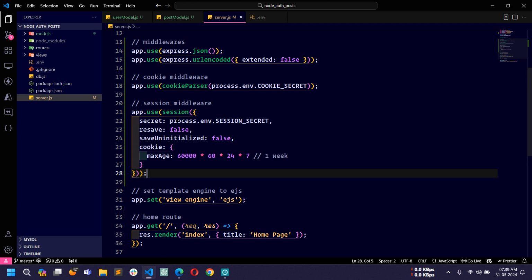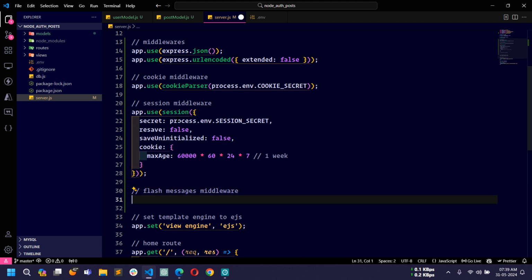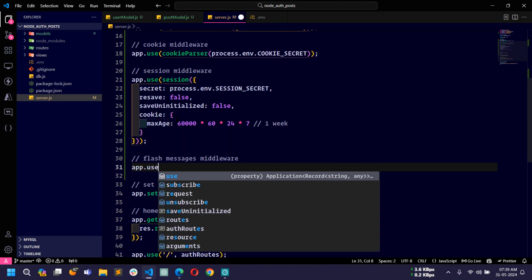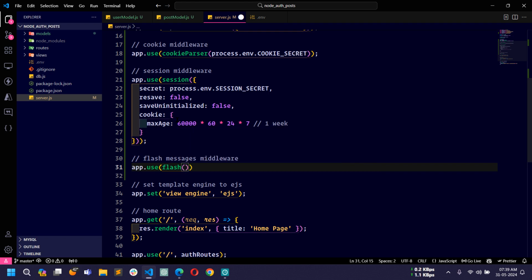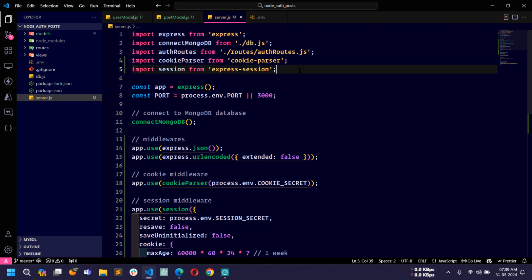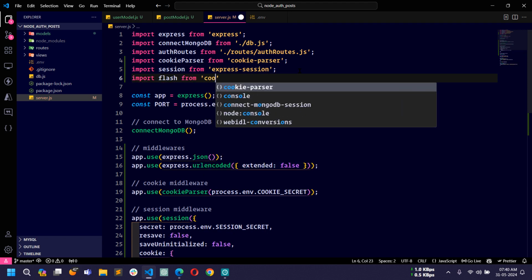So let's save this, and then for flash messages, we will also use flash messages to display success or error messages. So for that I will use another middleware. So just write flash messages middleware, and here I will use app.use, and here I will just write flash and then call the method. Okay, flash, we have to import flash. So just go to the top, and here just write import flash from connect-flash,